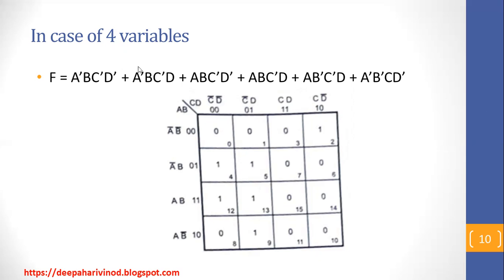Either we can map like this, or else write down A bar, which corresponds to 0. This one is 0, 0, so it will be 5. In the same way, we can find the binary combination of all the given Boolean function, and then we can directly map it looking into the binary. Corresponding cells will be high. In that way, we can map.